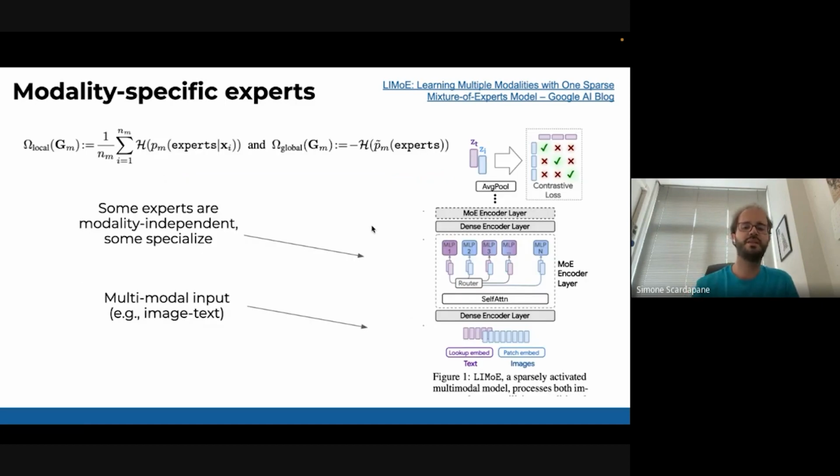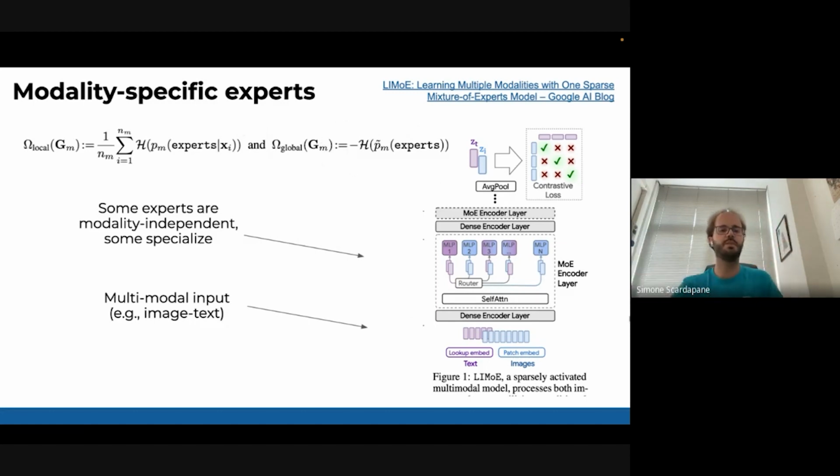It's rather easy, and this is taken from this LIMoE paper, but you can do that with some kind of simple regularization, an entropy regularization, where given some modality, the selection of experts is very specialized, and then you use all the experts.